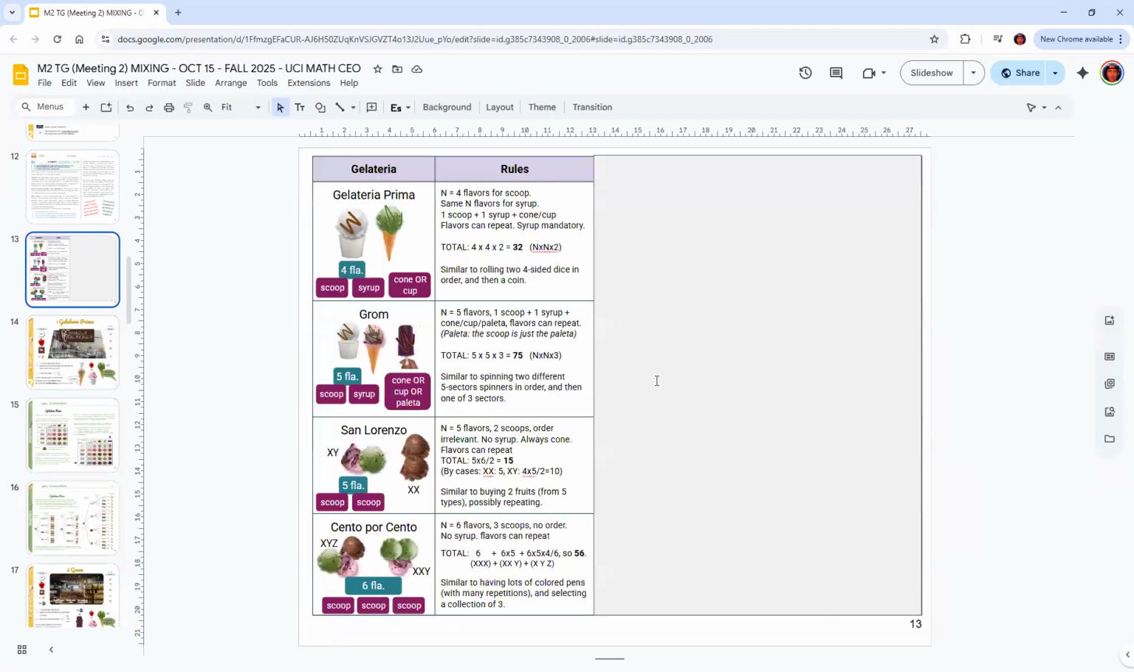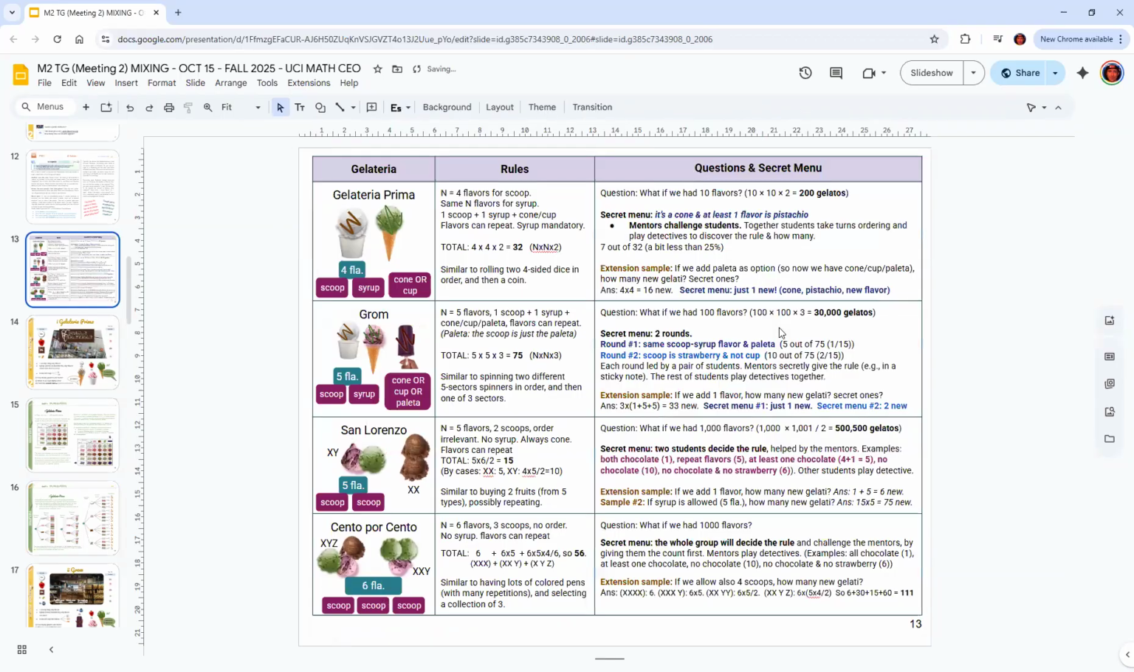What we're doing here. So in another video, we'll actually take a look at the questions and the secret menu for each of the categories. But this video was just an overview of the 4 gelaterias. So in a nutshell, it's 2 families. The first 2 are similar, and then the last 2 are also related